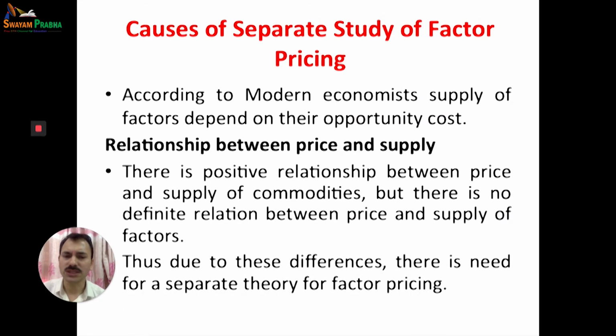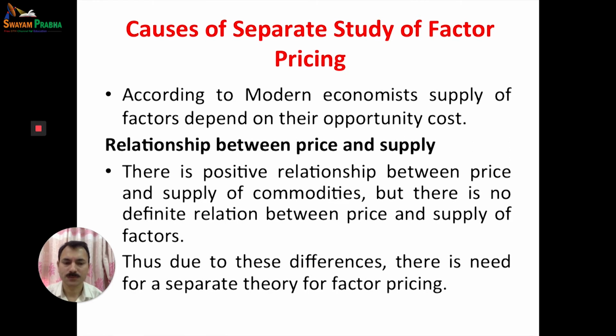If you pay more and more wages to labor, maybe after some time the supply curve will be backward bending. It will not show a positive relationship. The supply curve will be backward bending, meaning the laborer may prefer leisure as compared to work. So there will be no definite relation between the price and supply of the factor, whereas there is a definite positive relationship between quantity supplied and its price. Thus, due to these differences, there is a need for a separate theory